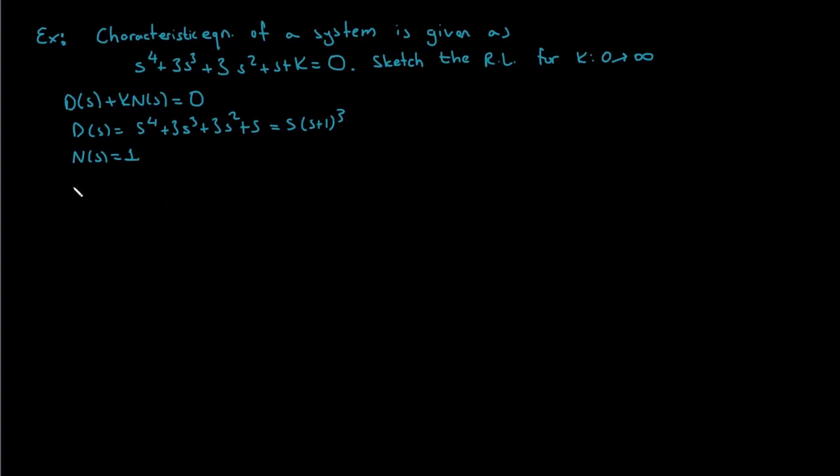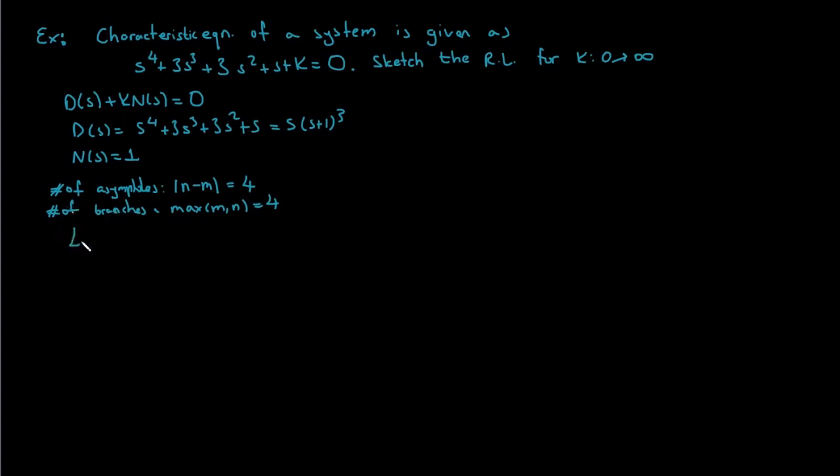And for example, we can find the number of asymptotes. The number of asymptotes is the absolute value of n minus m, and that is equal to, so this is 4th order, 0th order, so there are 4 asymptotes that we have, okay? And again, the number of branches is also 4. The number of branches is equal to the maximum of n and m, that is also equal to 4. So there we'll see 4 poles moving around in our root locus,